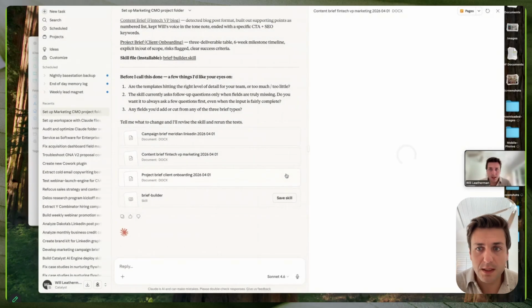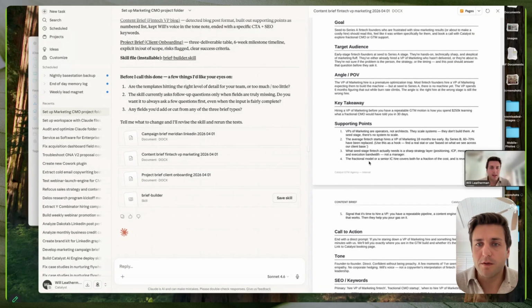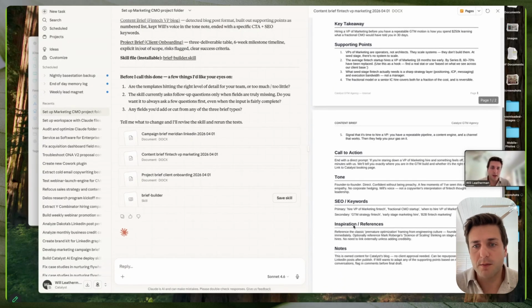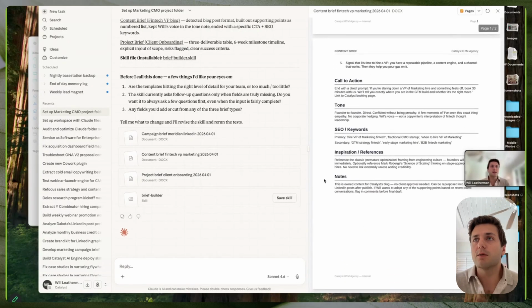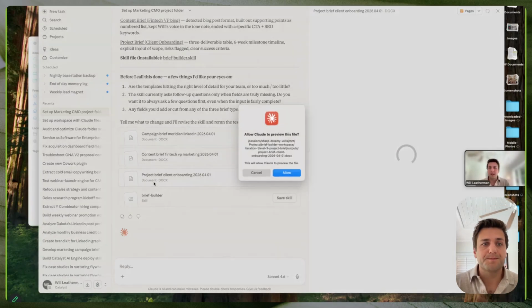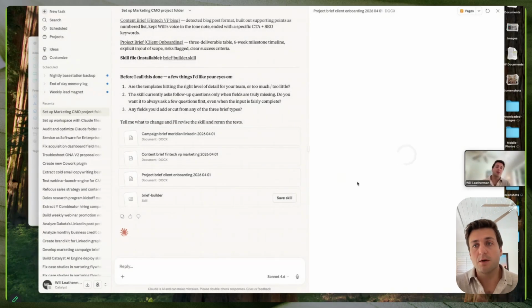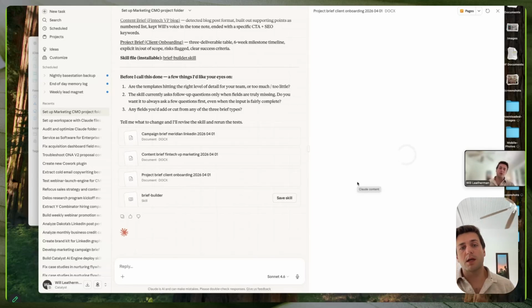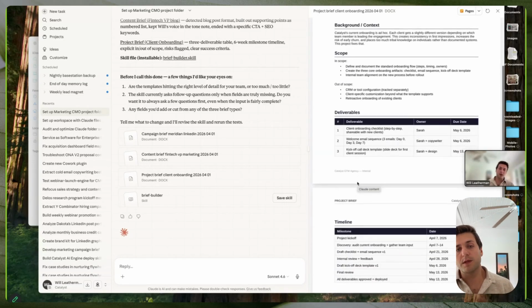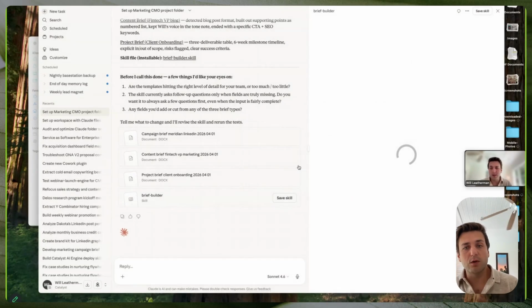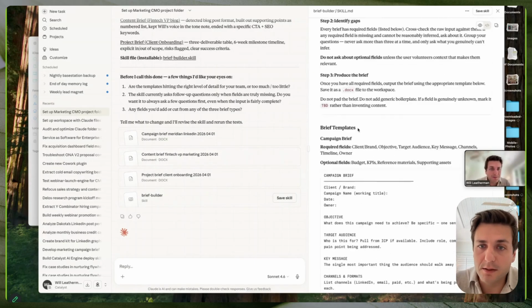We can see how it's created a content brief: goal, target audience, angle and POV, key takeaways, supporting points, call to action. All the things that would be in a standard content brief and project brief. So it's done a really good job at creating a first pass at what these will be. And you can see if we look at this brief builder skill,